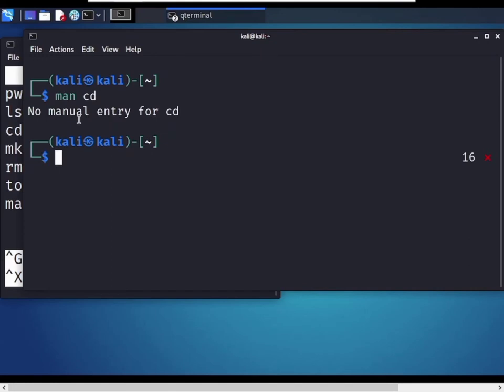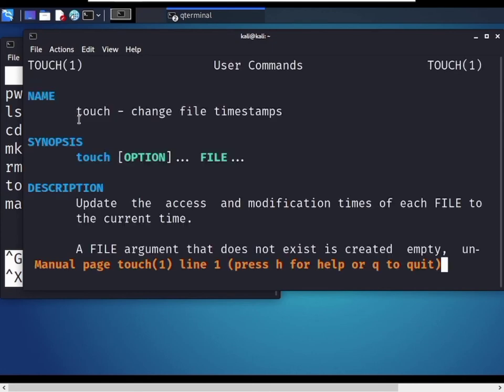No manual entry for cd. Okay. Man touch, and how to use the touch command. Name: change the file timestamp. touch option file, update access time. This is all about the manual page of touch.